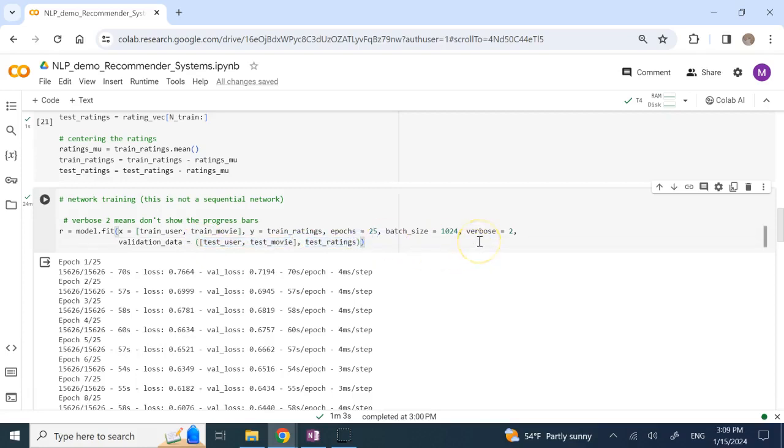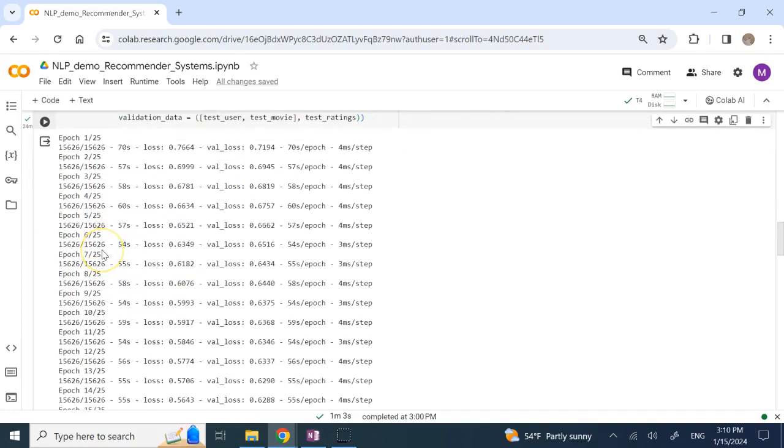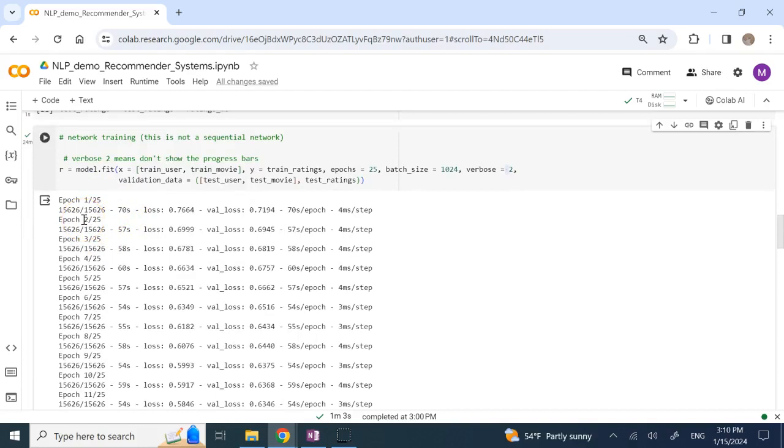Okay, and one last item I have here is this guy called verbose. So verbose means when you are doing the training or later prediction, what kind of information do you want to show here? Remember in the past when I did this, we had a bunch of these progress bars, huh? So if you don't want those progress bars to be shown and you want your training to be done faster, you can say, hey, don't show me those training bars. So you say verbose equal 2. Right?